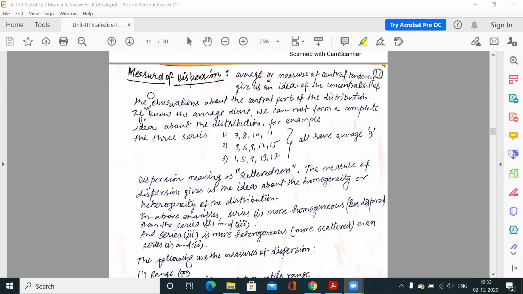Today we will study the measures of dispersion. Before moving to this topic, I want to remind you about the previous topic, which was measures of central tendency. If you remember, what is the meaning of measure of central tendency? The measure of central tendency gives us an idea of the concentration of observations about the central part of